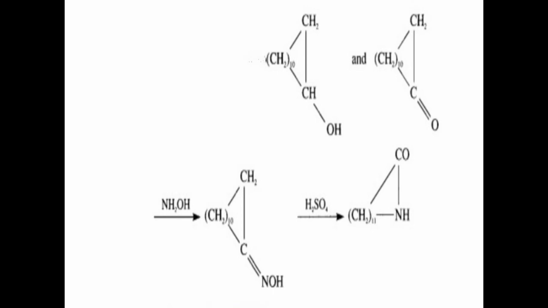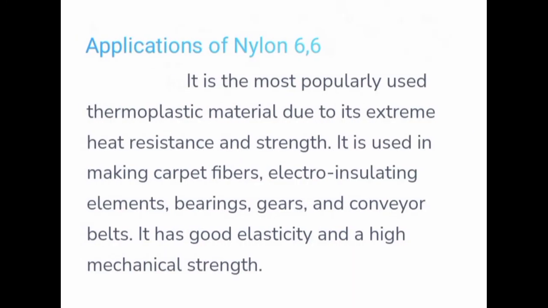This with NH2OH hydroxylamine gives the formation of a compound, again a cyclic compound is formed, but in that case the lower carbon is bonded with NOH with double bond. This is the formation of oxime step. The oxime group is formed, C double bond N OH. This oxime with H2SO4 gives the formation of polymer with CONH amide linkages. In such a way, in this polymerization process, the CONH linkage is formed, therefore it is also a polyamide polymer.